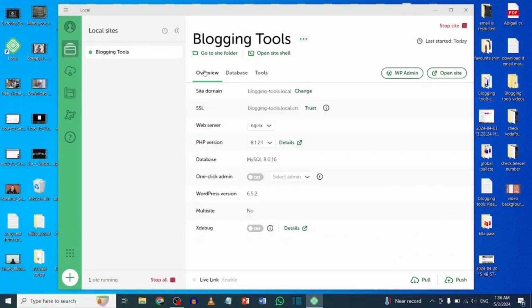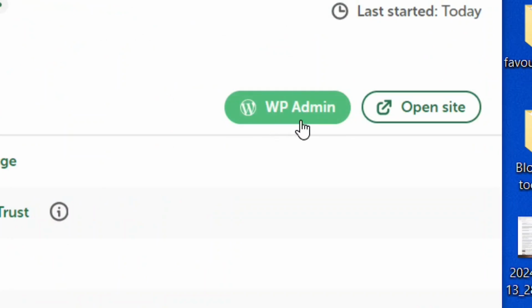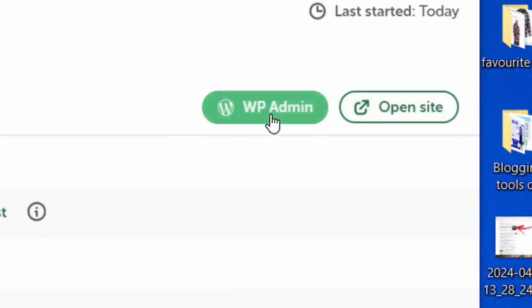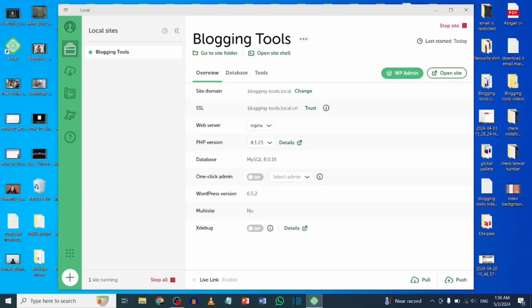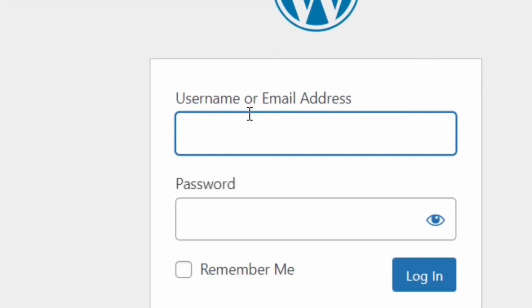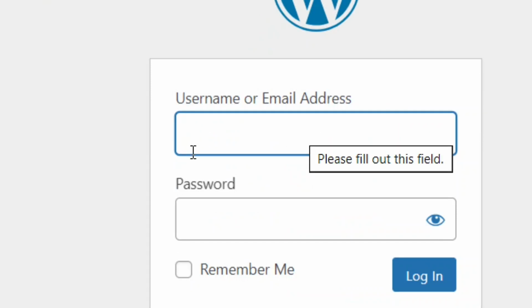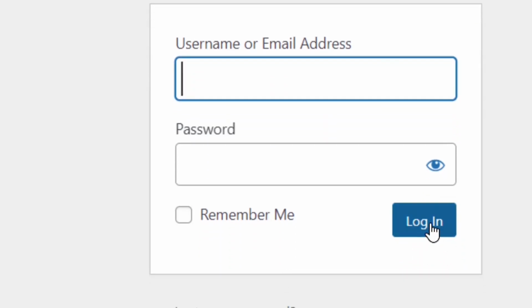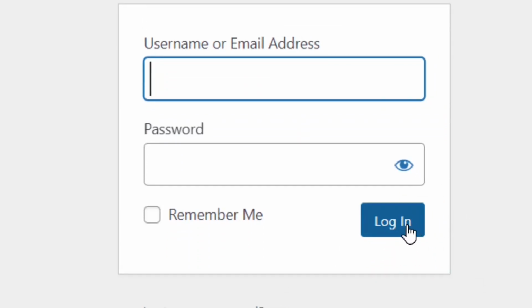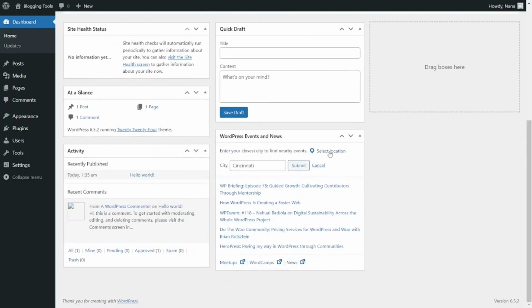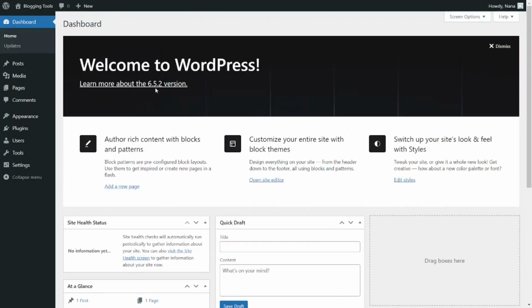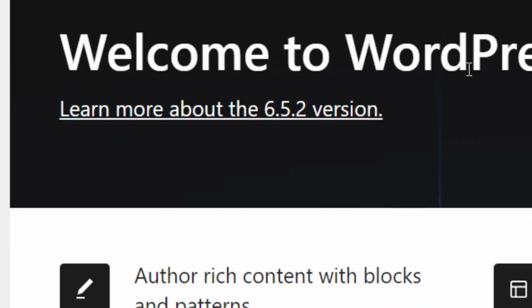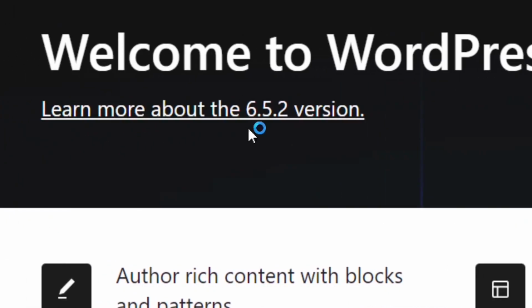Now it is time for us to log in, okay? We have to log in with the WP admin, or we can open the site. So preferably let's use the WP admin. Just click on the WP admin, and then all I have to do is put in the username, the one that you created, and after that put in your password, the strong password you created, and then click on the login. Okay, so you are going to be logged in to the WordPress dashboard just like this one, and as you can see it says welcome to WordPress, and then this is the WordPress version